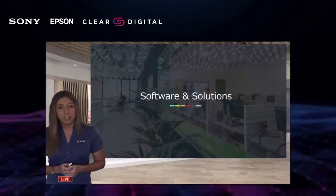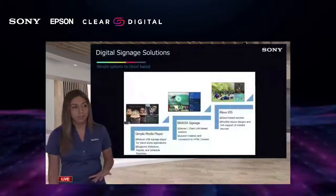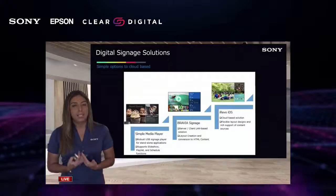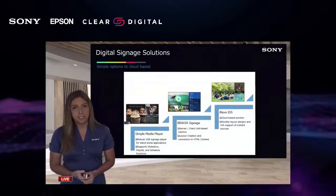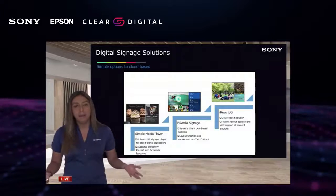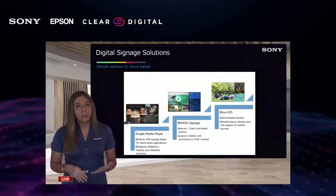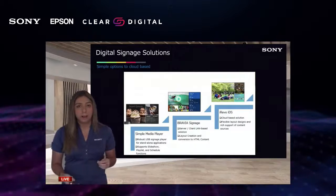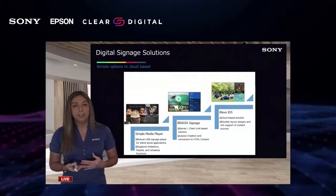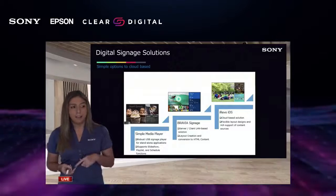So a couple more on software and solutions, just because I just talked about system on chip. So what have we already built onto the display? Internally, our company has made different applications for system on chip. So the first one is our simple media player, which is a completely free application that runs on a USB stick, and it will basically play out your images and video content. You can add some background music and create playlists on a schedule. Again, completely free, and we do have a link to our Knowledge Center for download at the end of this